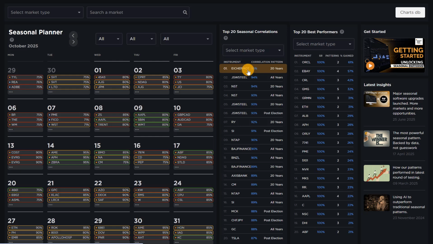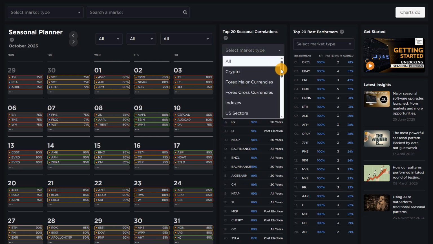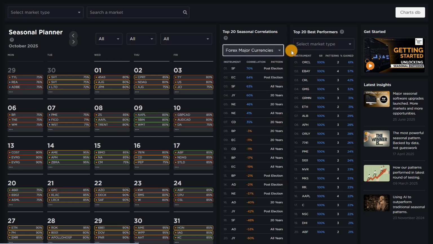If you're an experienced trader, you will be familiar with a lot of the names that are on our list. If not, you might take some time. There's some Indian stocks, some US stocks, some Australian stocks, actually a Canadian stock on there. We've got silver, we've got gold, one cross currency, Swiss yen on the list. So we've got a bit of a variety, but generally there's a lot of stocks on this. And if we want to break it down, if you actually want to go into an asset class in particular,